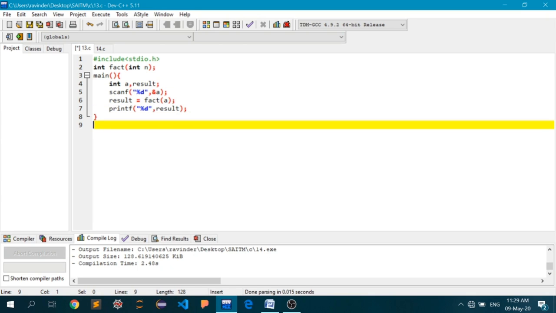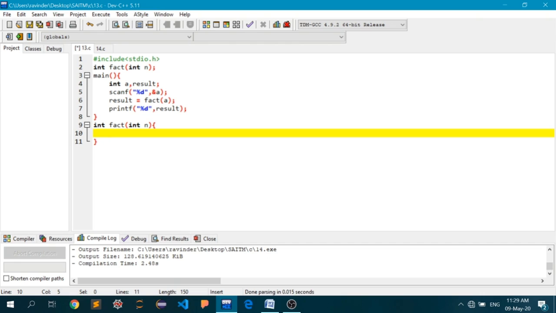Now all I have to do is write the body of the function. The signature will remain the same, fact and n. As we discussed yesterday, we'll write accordingly.